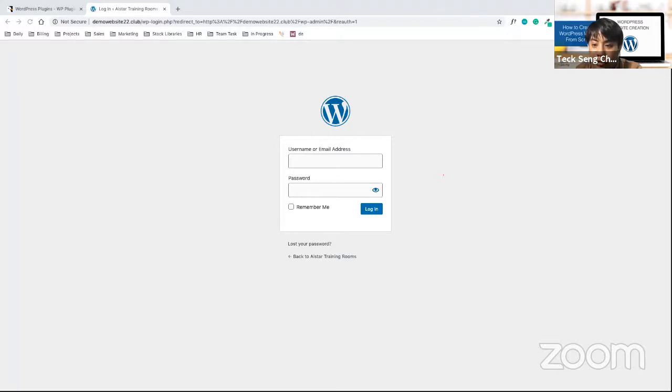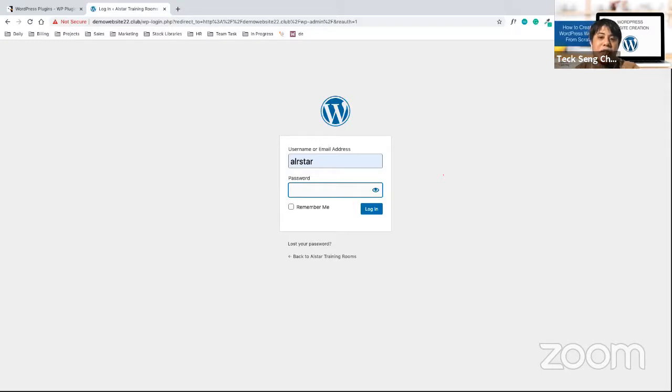Okay, so May has a question. She asked, can it only apply to a specific page? Usually we don't have an under construction page on a specific page.